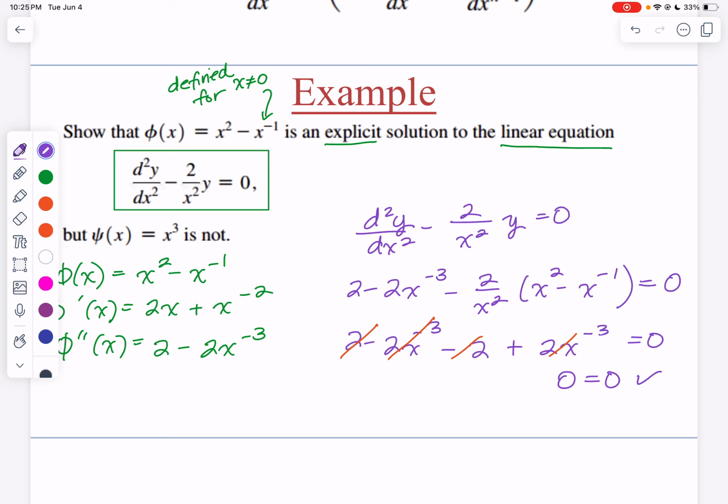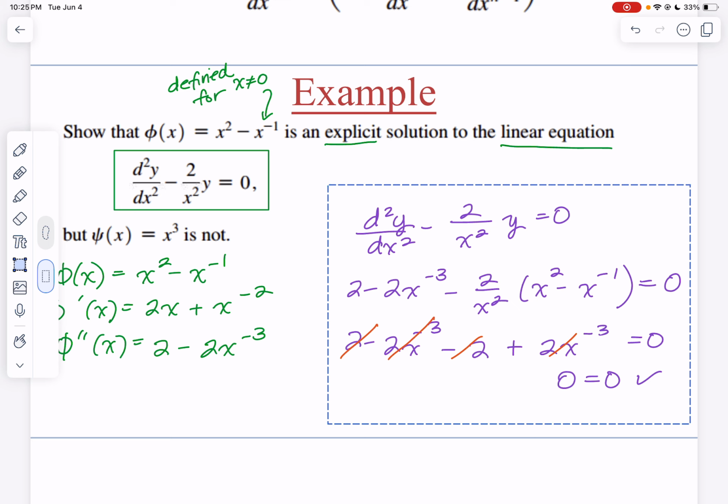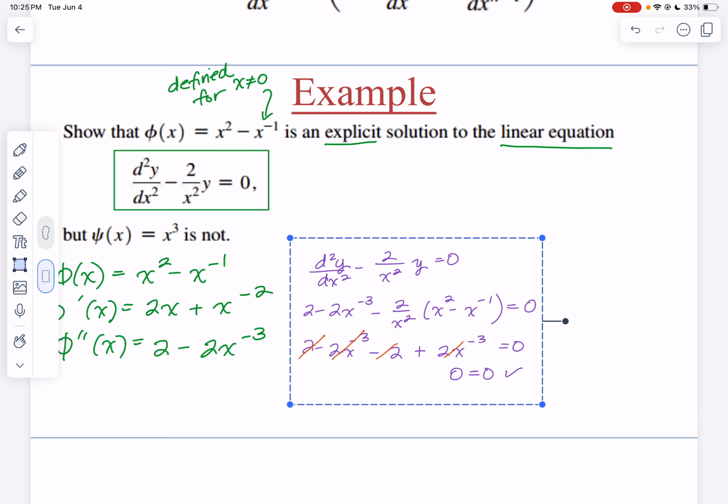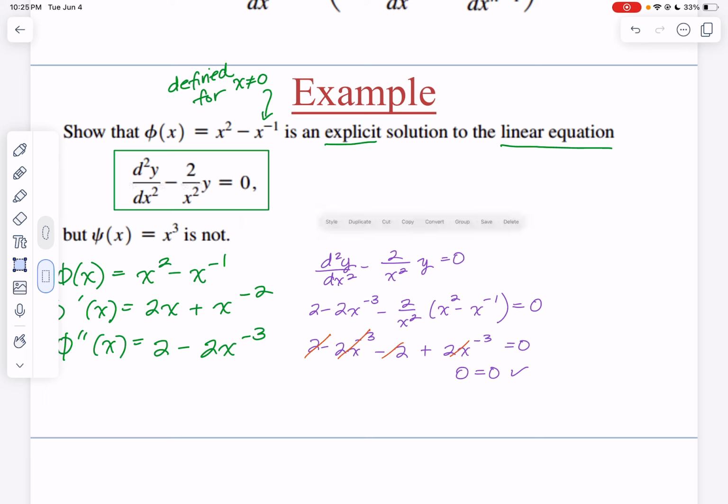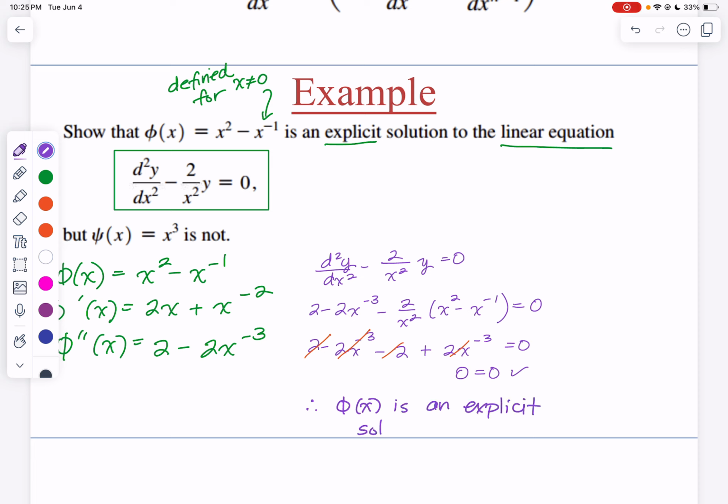So therefore, this is valid for any x that is not equal to 0. And so, therefore, phi of x is an explicit solution